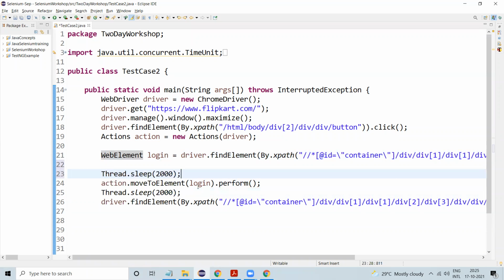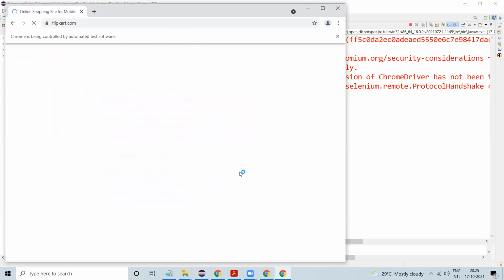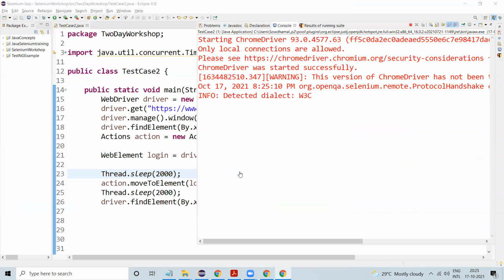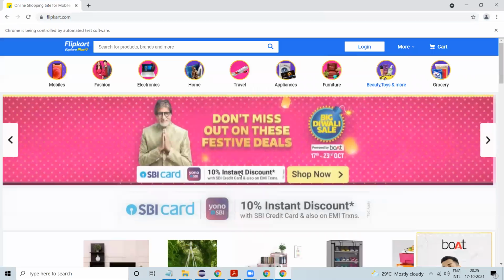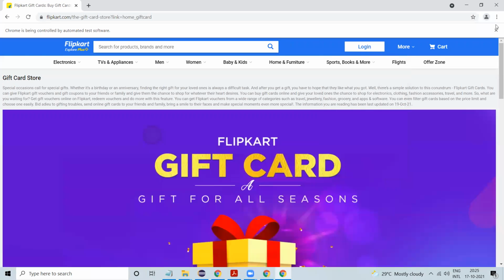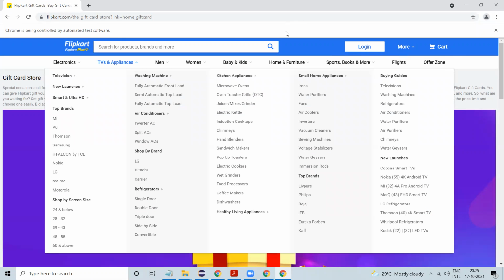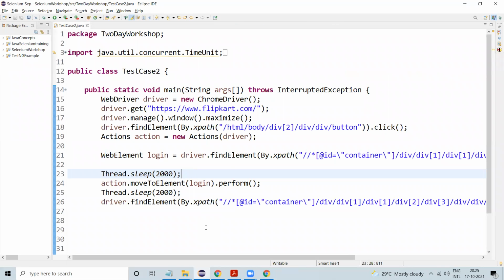Thread dot sleep I can give as well. Right, it is mouse over to the login, then selecting gift card. No error right now, so now it is selecting. So this is the way we need to mouse over, because for loading time we need to give extra time. Otherwise we can go with implicit wait.